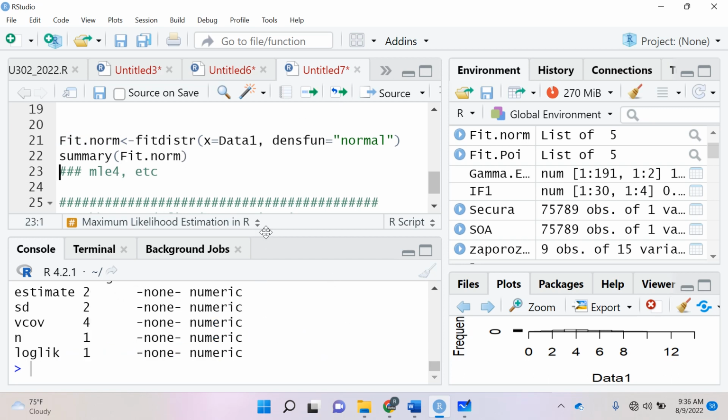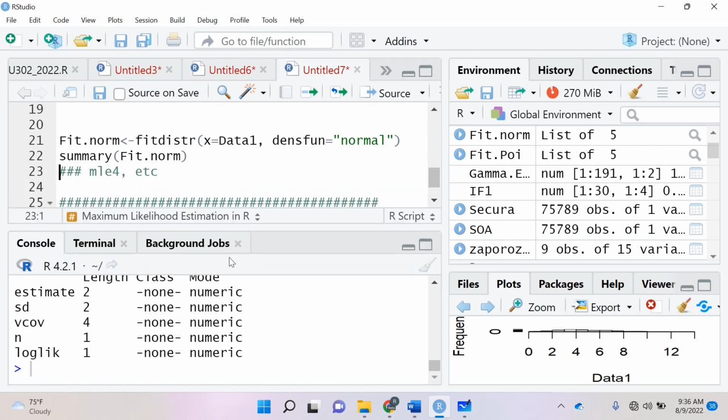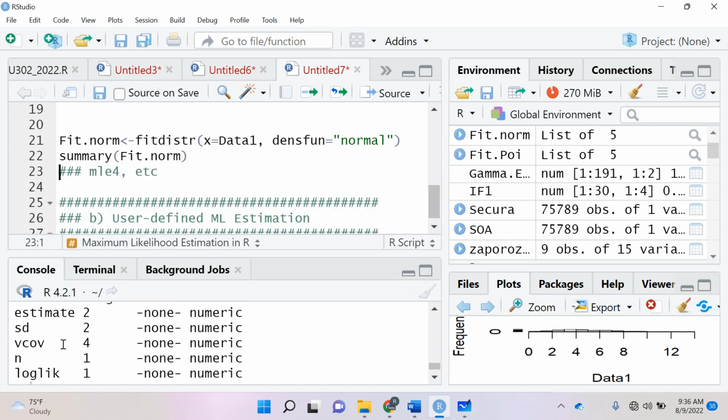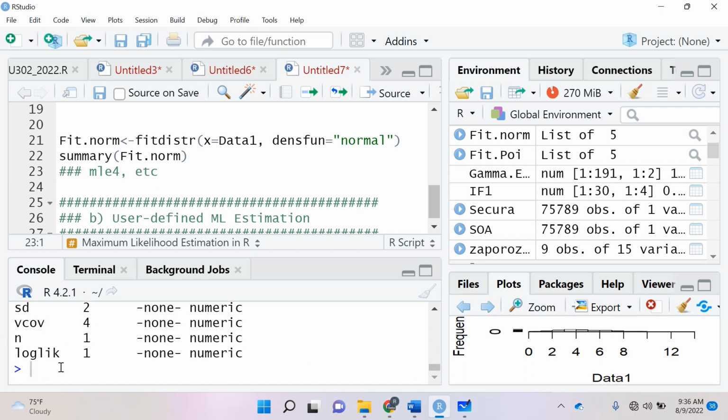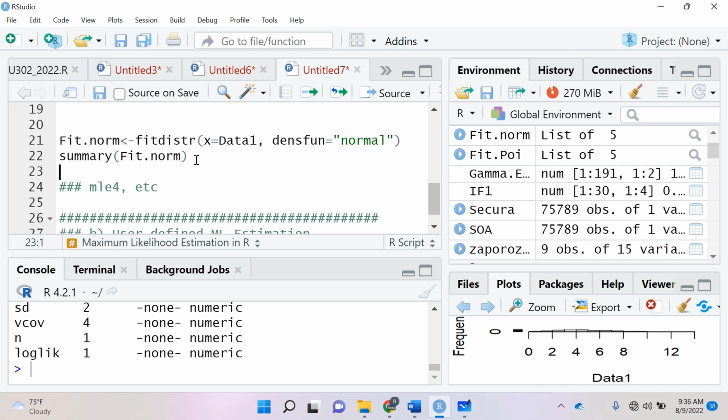So summary tells us that if I fit that model, I have the estimate, the standard error, and the variance covariance matrix. I have n, and then the log likelihood. Why is the log likelihood good? Sometimes you need all this information, because remember that